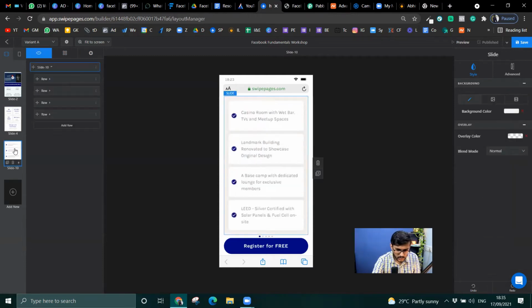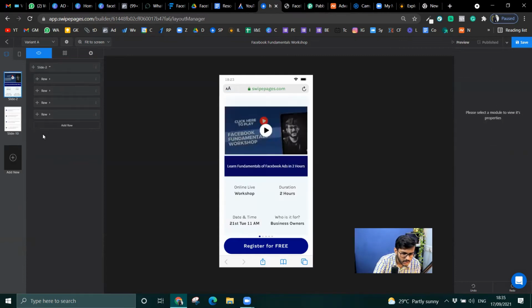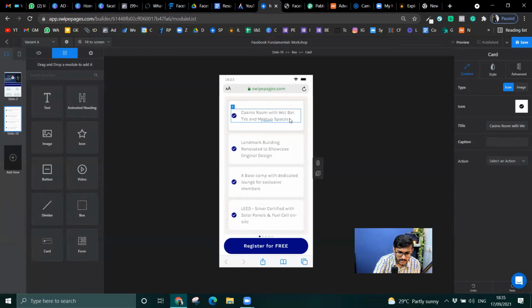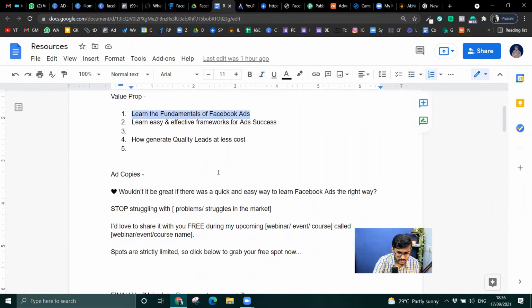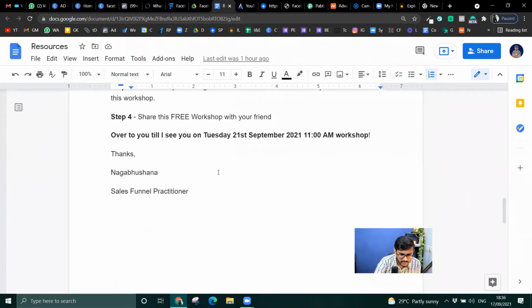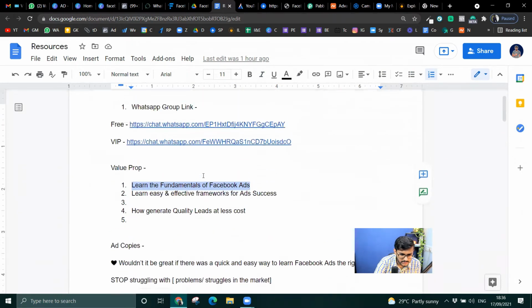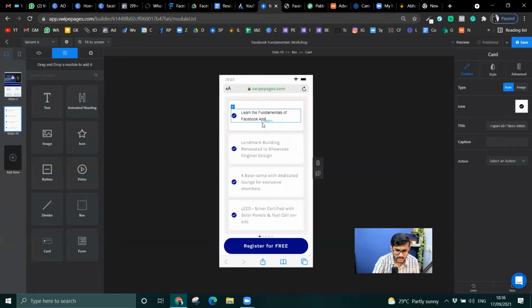Okay, I will do one thing. I will just use this. I will remove this because I don't have too much info to show at the moment. So I will just write here what are the important factors that they're going to learn. Okay, learn the fundamentals again. No, where I have written something, very important stuff. Yes, I think this is sufficient. I will just go ahead and enter it.